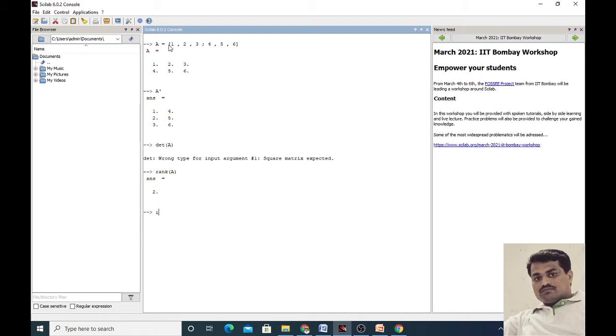Suppose here we are trying to find the inverse of the matrix A, enter the key. Again, wrong type for argument, because a square matrix is expected for finding the inverse of the matrix. Always, the condition for the inverse of a matrix, determinant of a matrix, multiplication of 2 matrices, or addition of 2 matrices is expected, then we can find the solution.